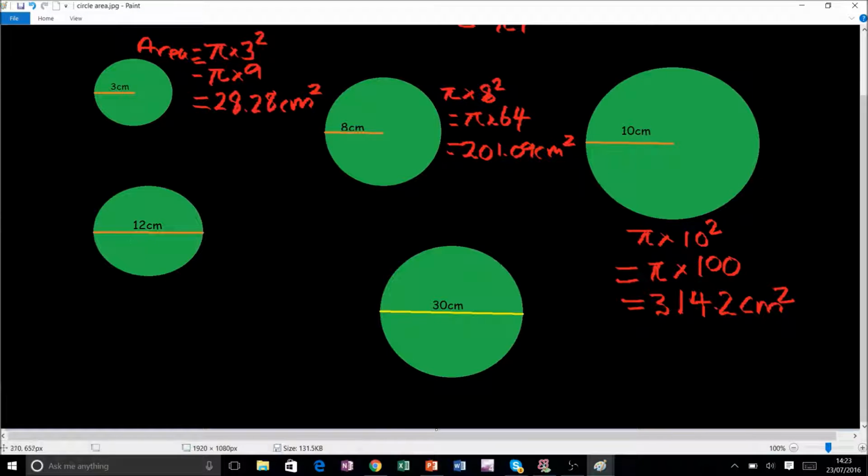Okay, let's look at this one down here. So here we've got diameter is 12 centimeters. So if we've been given the diameter and we want the radius, what do we do to this? Okay, so we know the diameter, which I'm just going to call D, is equal to 12 centimeters. So therefore, what is the radius R going to be equal to? It's going to be equal to half of that, which is 6 centimeters. Okay, so now we've got basically pi times 6 squared, which is also the same as pi times 36. And pi times 36 is equal to